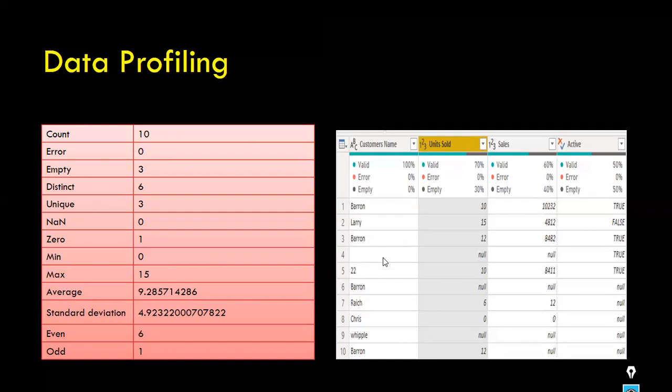Okay, fine. So here, if you see, empty is 3, distinct is 6, and unique is 3. NaN is 0, not a number 0. Okay, and zero is 1. How many zeros are there? 1. And the minimum and maximum give us, with their help, we can find out the outliers in